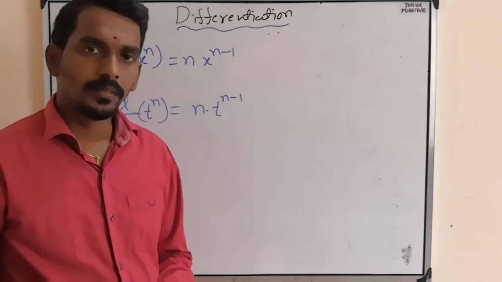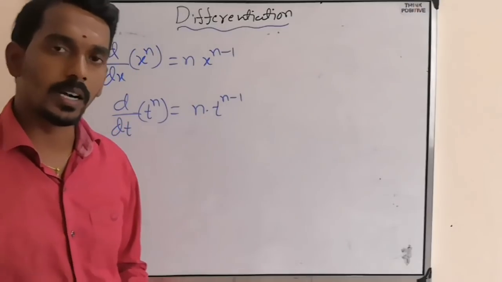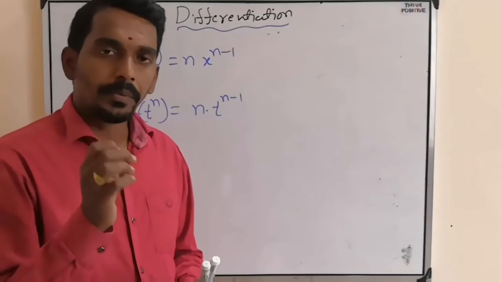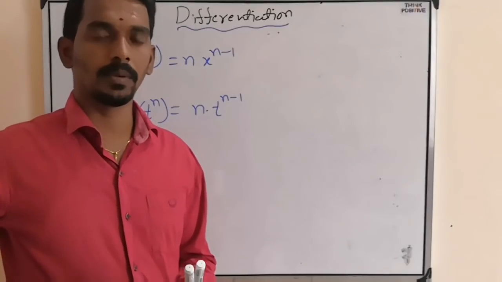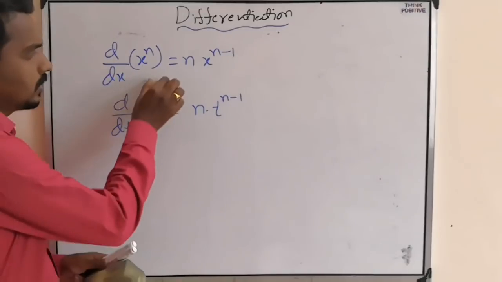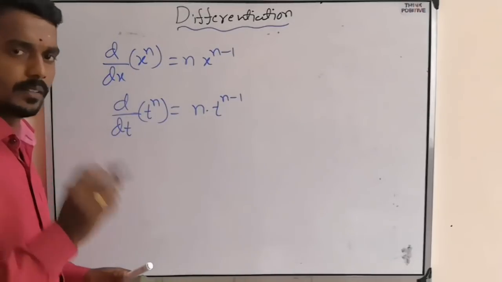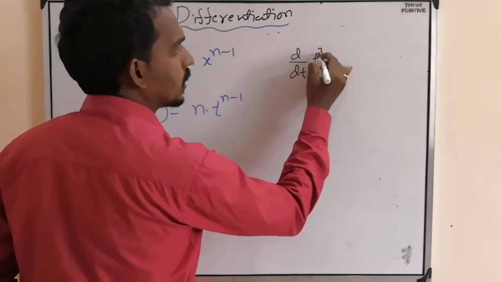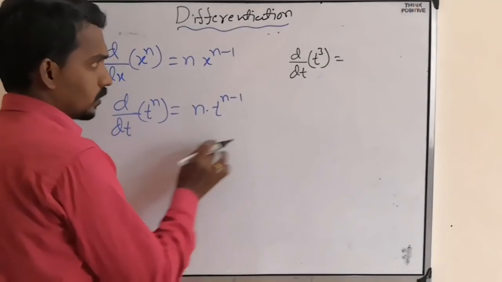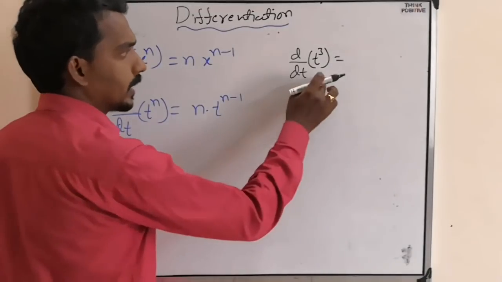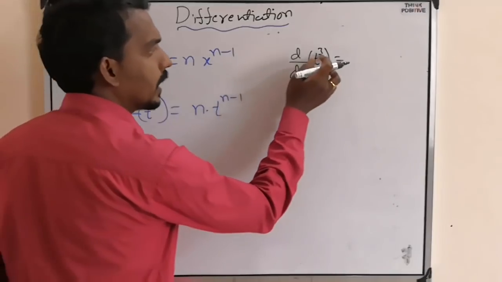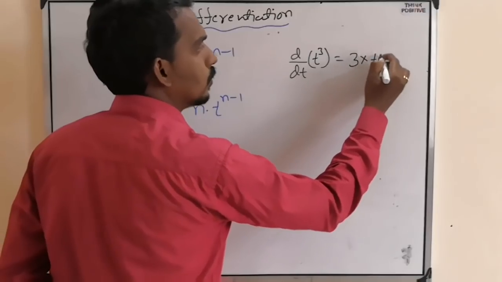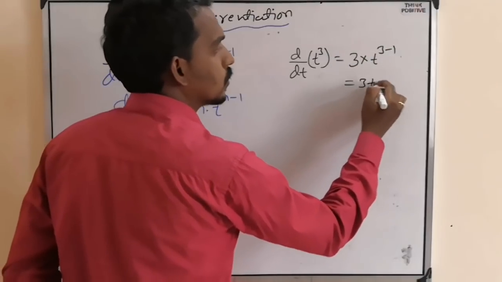Last class we started discussing one of the important and typical topics, that is differentiation, one of the mathematical applications, where we have seen these two formulas and done simple differentiation like d by dt of t cube. Then by using this formula, we compared with t power n, so that in place of n, 3 is there. Then if you apply the formula, power into power reduces by 1. So 3t square.